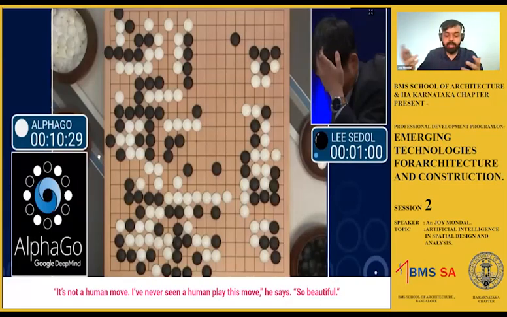And because it had 30 million such examples, it went through the examples again and again and again. And with more and more iterations, it kind of extracted patterns of play. And what is also important here is that